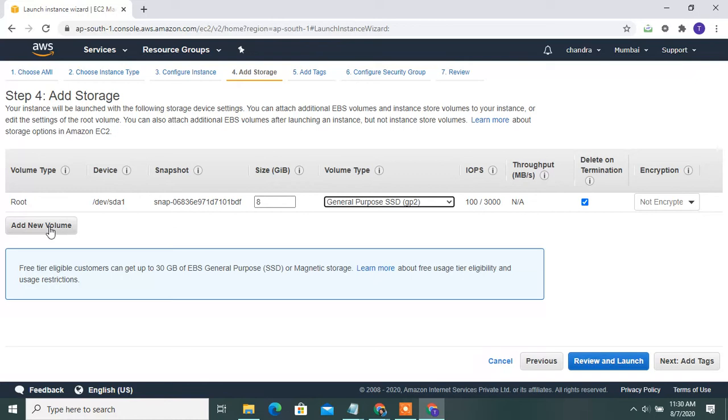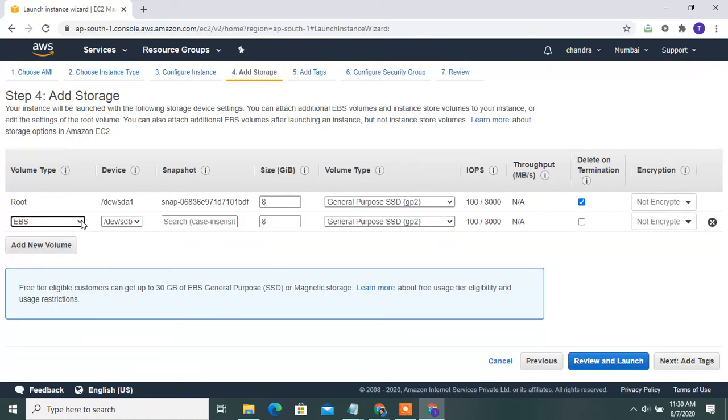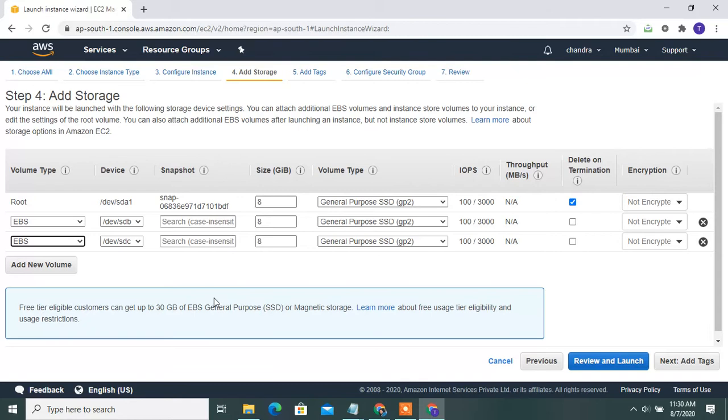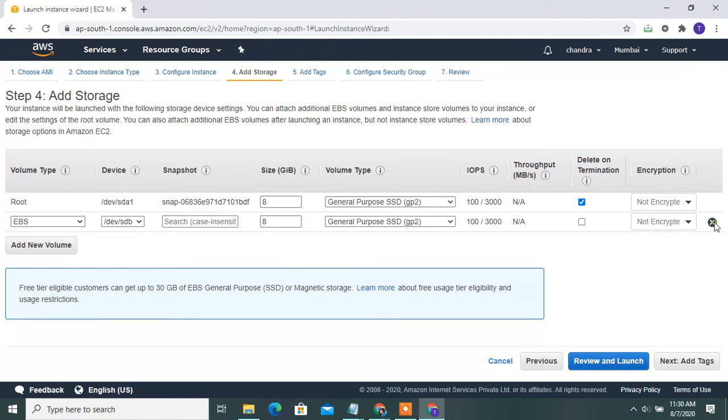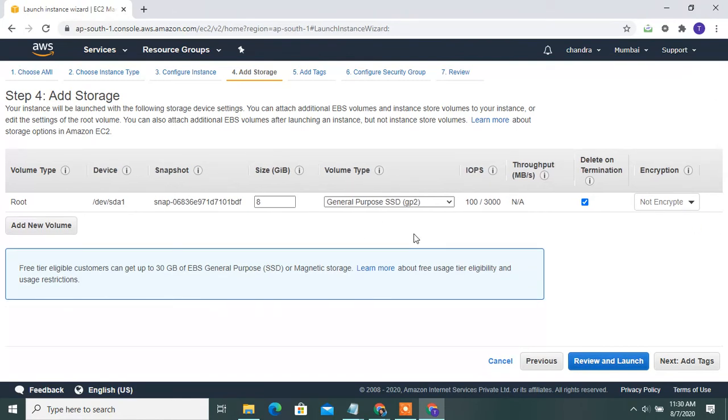You can add this EBS also along with the root. Another 8 GB will be created. Up to a total of 30 GB of EBS will be created in your general purpose. Anyone can add up to 30 GB to your EC2 instance, in case of any emergency purpose also.